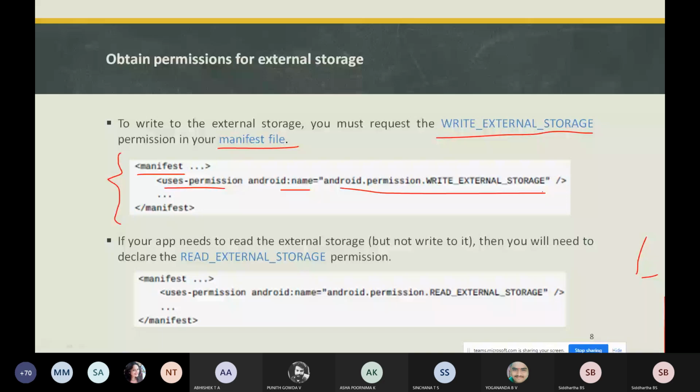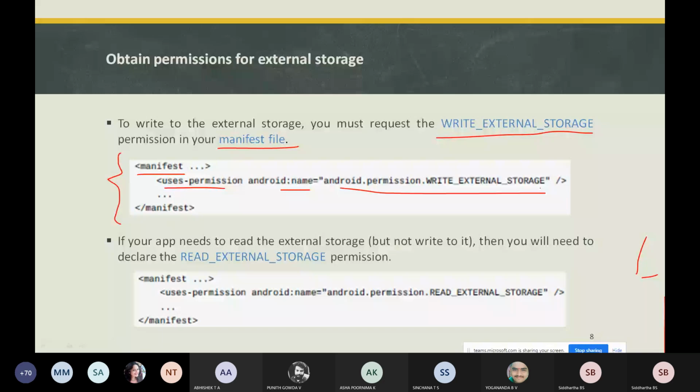If your app needs to read the external storage, for example, you have seen when you are installing an application, it will ask whether that particular application is going to have access to the media or gallery or microphone or camera. Likewise, it means that that particular application is going to read the external storage.